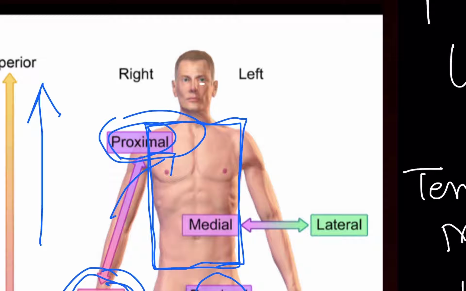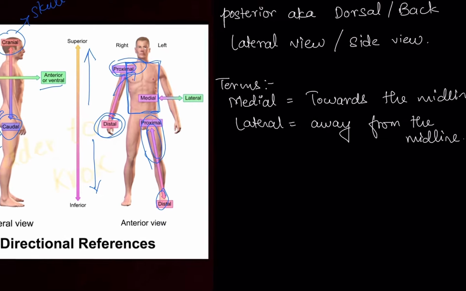Now eye is lateral to the nose, but if I look from the ear side, then it becomes medial, right? Because where are ears? Ears are at the very most lateral, very much away from the midline. Okay, so eyes can be also termed as medial, can also be termed as lateral. It depends on how you are taking into consideration. So here if I think about nose, then eyes will be considered as lateral, but if I take ears, then eyes becomes medial. Okay, so medial, lateral done.